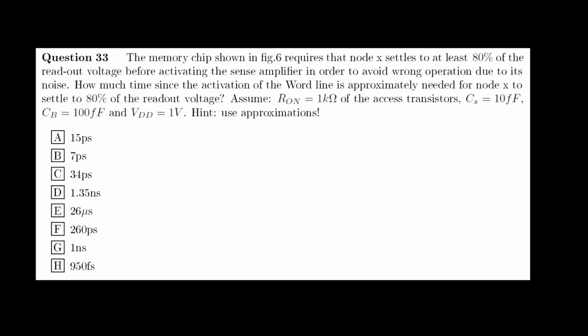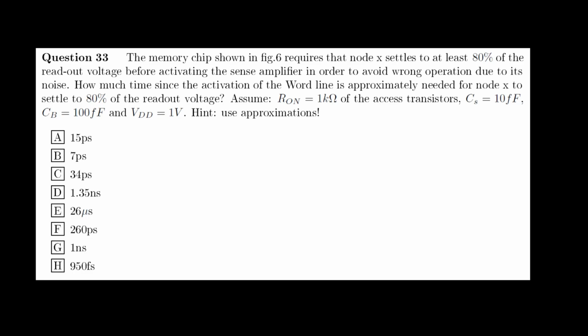This video will discuss the solution to question 33. The memory chip shown in figure 6 requires that node X settles to at least 80% of the readout voltage before activating the sense amplifier in order to avoid wrong operation due to its noise. How much time since the activation of the word line is approximately needed for node X to settle to 80%